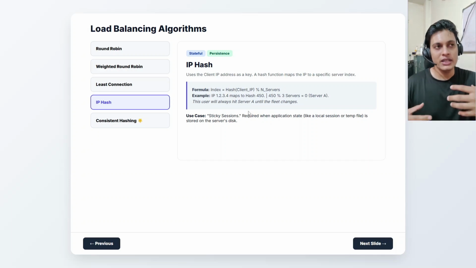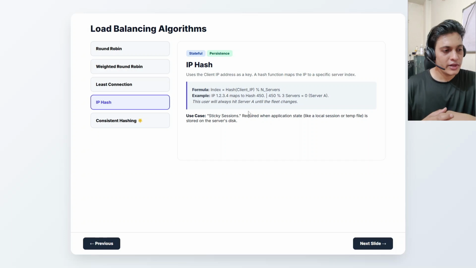It will not let me repeat the complete video again. So it is using the IP hash. What this IP hash will do is use some formula: it will take the client IP and do some mathematical calculation, that is, the hash of client IP modulo n of servers, the number of